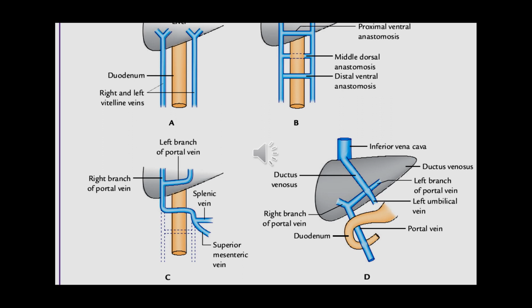So whenever they ask you why the right lobe is larger and the left lobe is smaller, you must tell them that it's because of the shunt mechanism called the ductus venosus, which was connecting the left branch of the portal vein to the inferior vena cava. Because of this shunt, the left lobe doesn't get as much blood as the right lobe, so it appears to be smaller in size, though functionally both of them are of equal volume. That's a different issue.